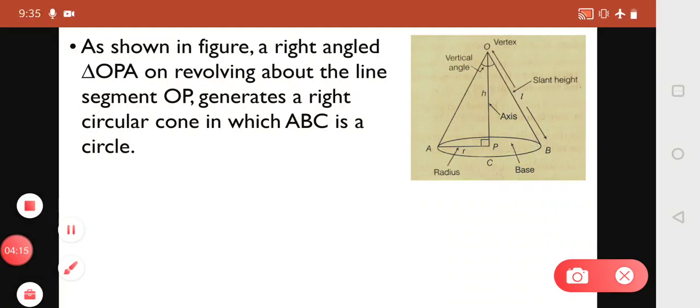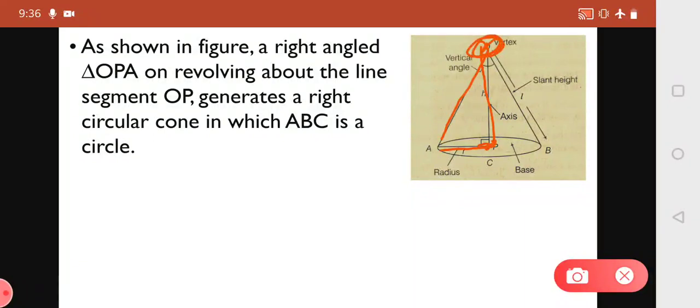Yes, in the figure you can see, as I said, you can take a set square. So this is the set square. One of its longer side, as I have said, let it be vertical, and the horizontal let it be down. Now this end is fixed, and when we start revolving from this position, you get this circular base down, and on whatever point of the circle it rotates, you will always get this as 90 degree. This will remain 90 degree with whatever points it is coming on the circular base.